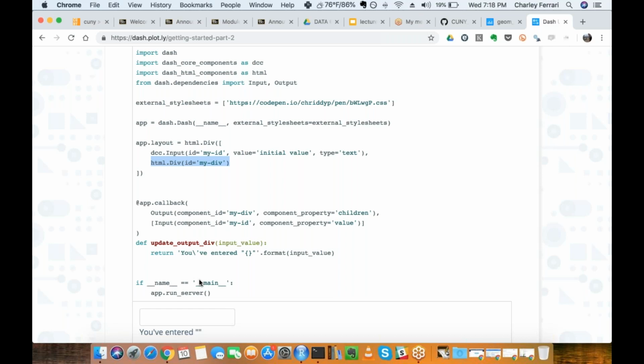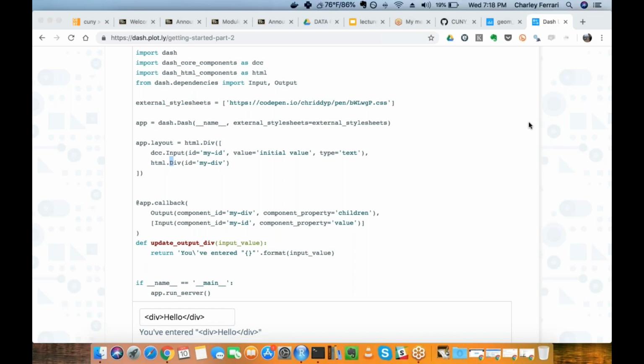This is pretty much the same as your div tag, something like that. And in HTML, that's what that would look like, literally. And so really you just put an html dot, you uppercase it, and you're able to use those HTML elements.